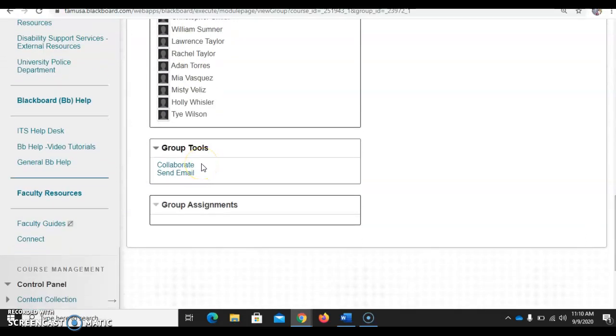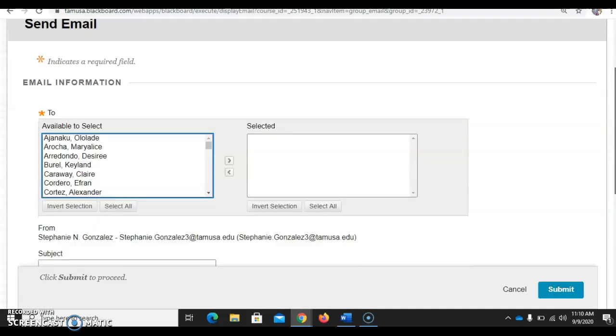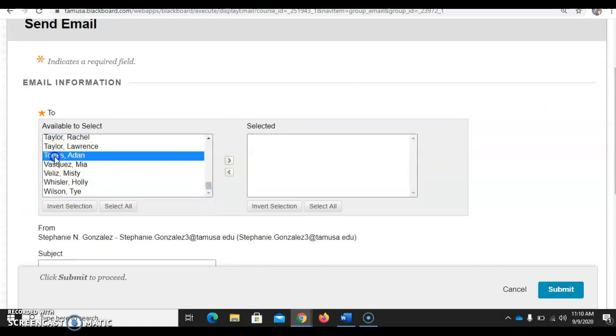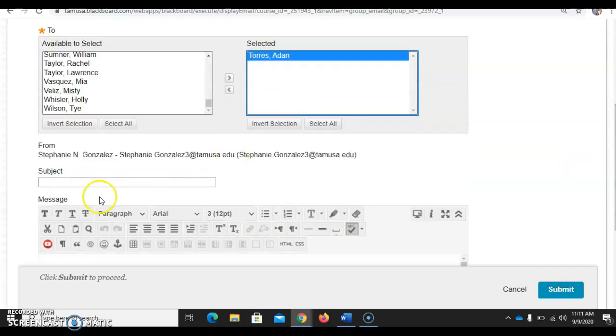And what you can do is send an email. And then you'll scroll down here. You will look for your partner's name. Let's just say this is our partner. You will click the little caret over to select this one person who is your partner and send them an email about contact information.